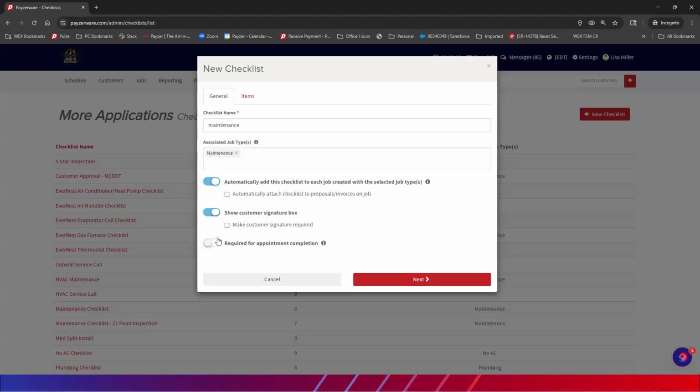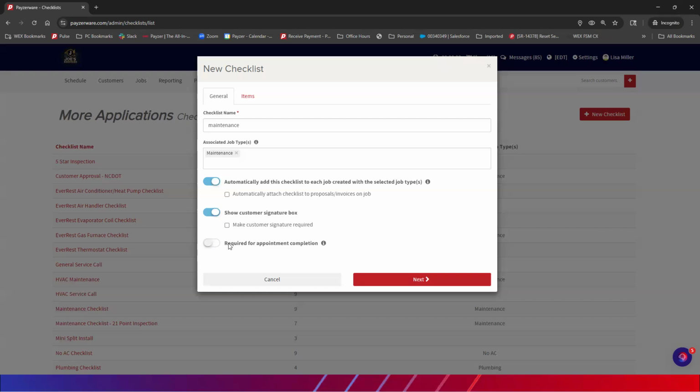If you have an appointment, if you have an invoice, and the invoice is paid and the appointment is completed, the job will auto close. If there is anything left open, like a checklist that is required for completion, an appointment that is not completed, a flag for follow-up that is not completed, the job won't auto close and you have to go back and